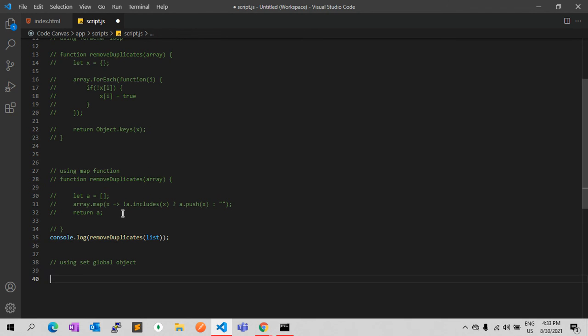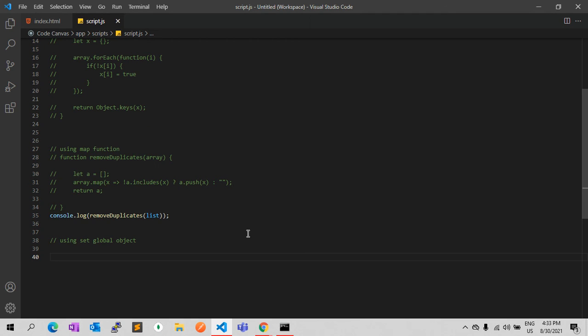The last one is available in ES6, the Set global object. Let's see how you can create the function removeDuplicates array. Here, let's call this function.